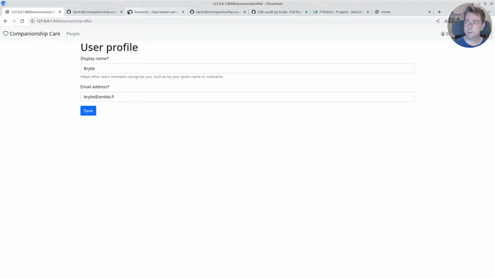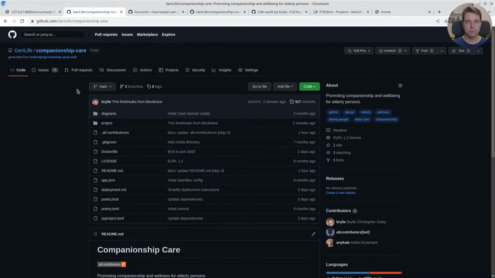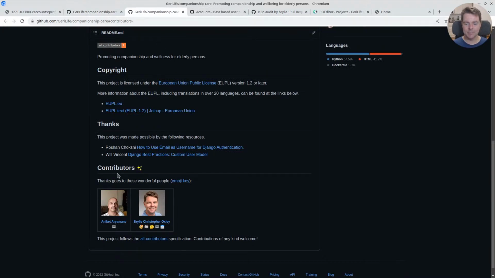So let's take a quick look. We're open source on GitHub at github.com/jerrylife/companionship-care. We've got a couple of other open source projects under the Jerry Life organization, and we're always looking for contributors. On that note, one thing we added today was this all contributors section to highlight not only code contributions,